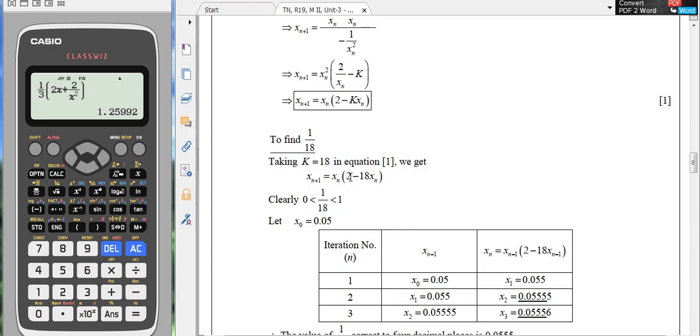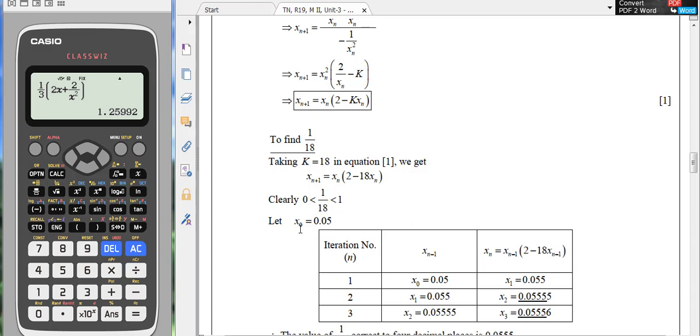And to proceed, you need to have an initial approximation. For that, you can say that 1 by 18 is a value lying in between 0 and 1. It is clear. So you can consider a value in the interval 0, 1 as the initial approximation x0 value. But as 1 by 18 is very close to 0, considering the midpoint 0.5 may not lead us to the actual value required. So let us consider a value nearer to the left end of the interval, which is 0.05, as the initial